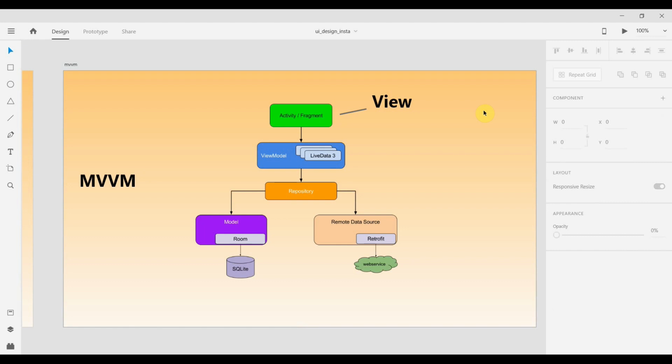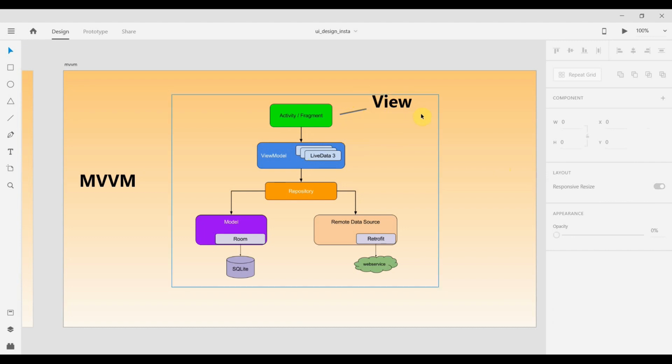So the UI components are kept away from business logic, and business logic is kept away from the database operations. That is the goal of our MVVM architecture, because it will be really confusing to put all of our code in activity or fragment, and it will also make our activity heavier. So we have this solution, MVVM, to avoid tight coupling and to avoid confusion in the activity or fragment class.